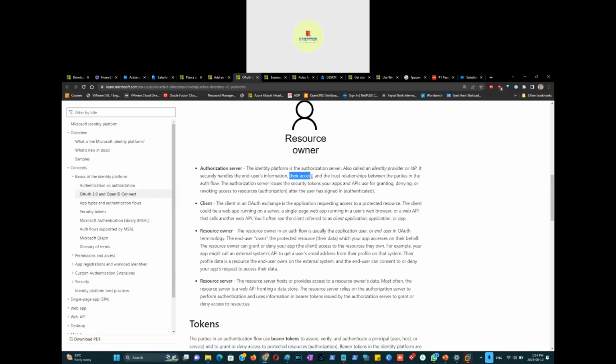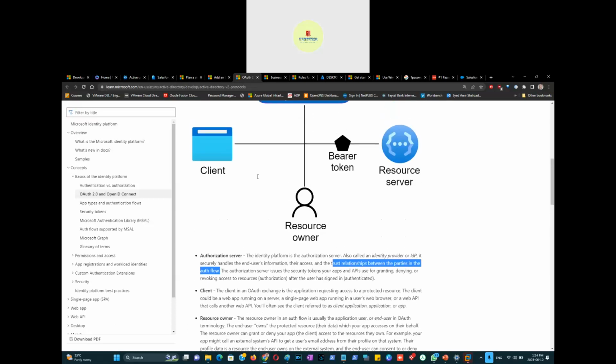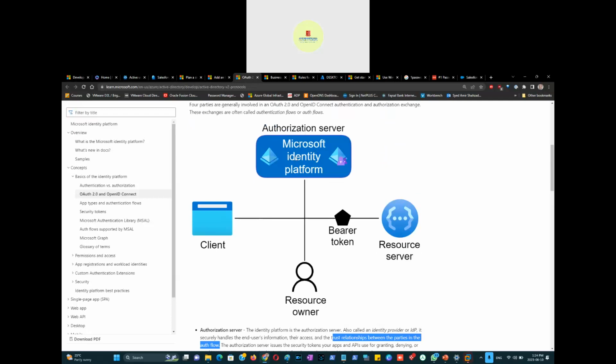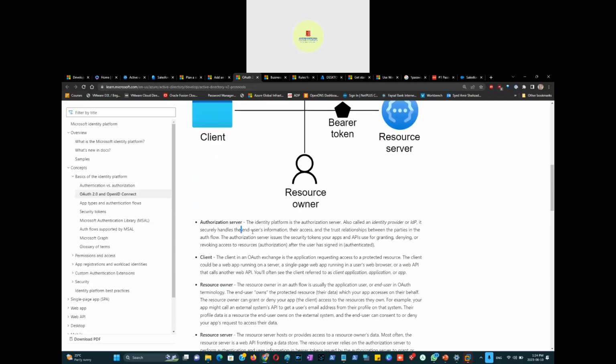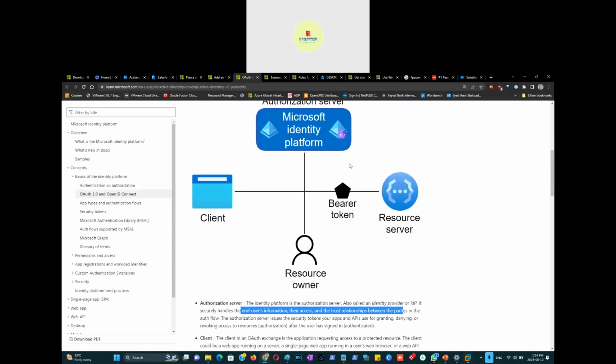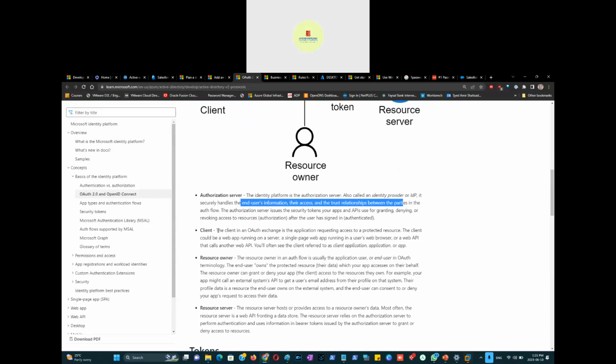It securely handles the end user's information, their access, and the trust relationships between the parties in the auth flow. So who is the identity provider? This is your Azure Active Directory, the identity provider. So it takes care of the whole end user information and their access and trust relationship between parties. Which parties? The client, the end user, or the user that is inside Azure Active Directory, and suppose it's Salesforce.com on the other side. The client in an OAuth exchange